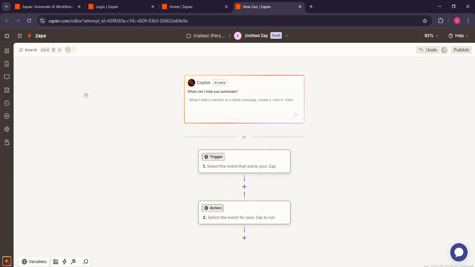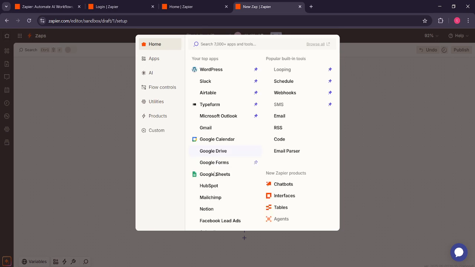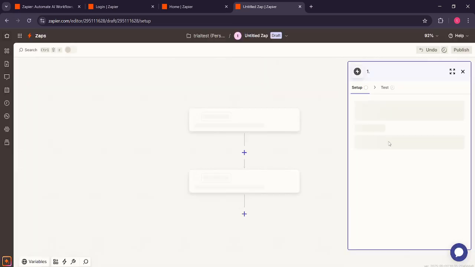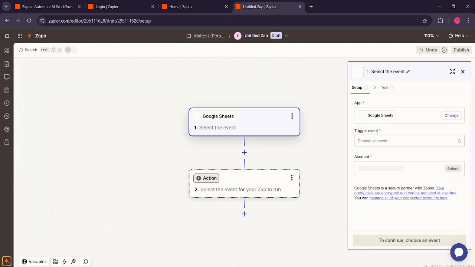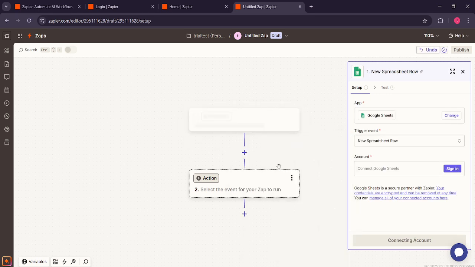The first part of creating a Zap is setting up a trigger. The trigger is the event that starts the workflow. Click on Trigger, and from the available connections, choose Google Sheets. This selection means we're setting up our trigger to be based on data from a Google Sheet. Next, you'll be asked to choose an event. For this tutorial, select New Spreadsheet Row. This option means that every time a new row is added to your specified Google Sheet, the Zap will trigger